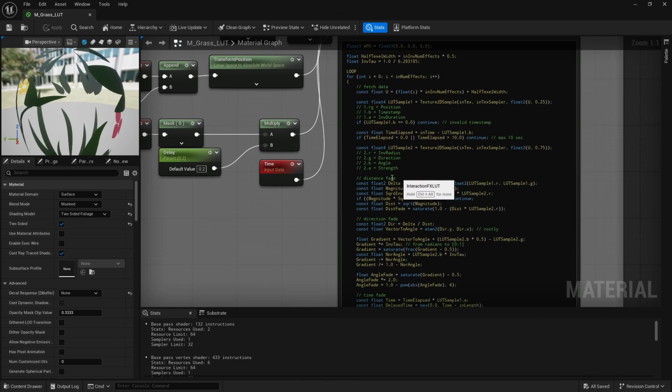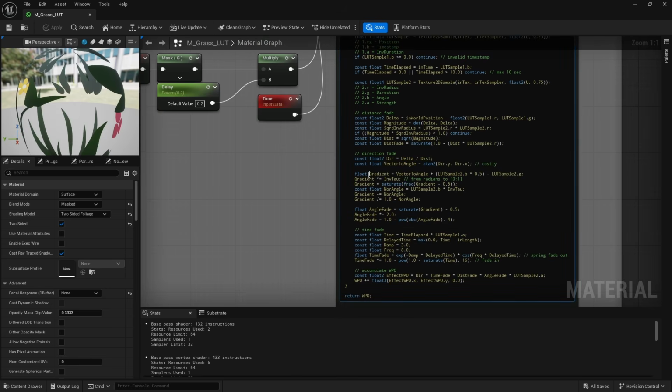Next, I compute the position delta between the effect's origin and the grass blade's position. This value is multiplied by the inverse radius, then inverted, 1 minus, to create a spherical mask. 1 up close and 0 at the effect's maximum distance. The cone fade is a bit more complex. It starts by converting the direction from the grass blade's position to the effect's origin into an angle in radians. Then there's a bit of math to account for the effect's direction and cone angle to form the cone fade. It's not particularly interesting. Finally, the time fade is a simple spring oscillation using cosine modulated over time with an